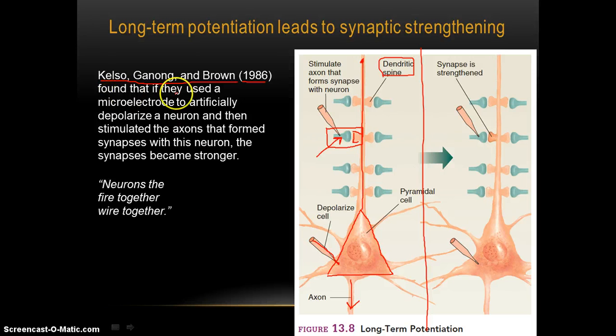And what these guys found is that if they used this microelectrode to artificially depolarize this neuron, right? So they're the ones depolarizing it. They're the ones stimulating this neuron, as opposed to what would be natural depolarization, if this cell were stimulated by just another neuron somewhere in the brain. So if they depolarize this neuron,